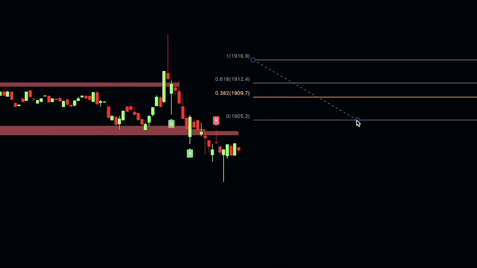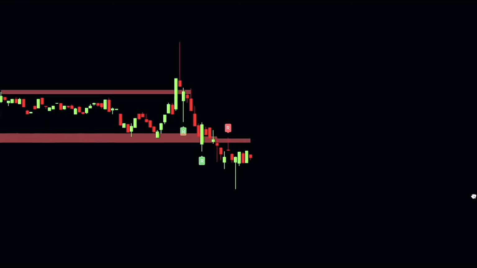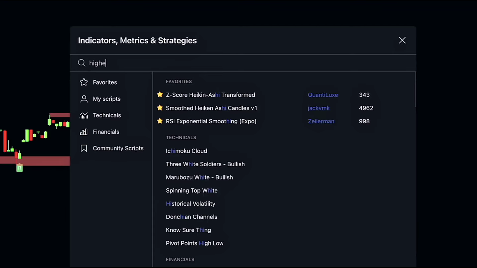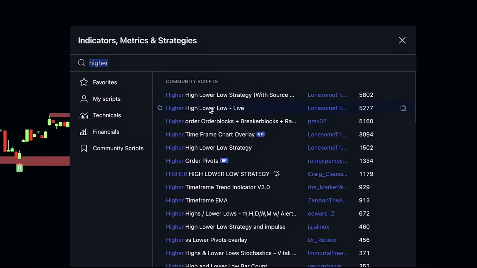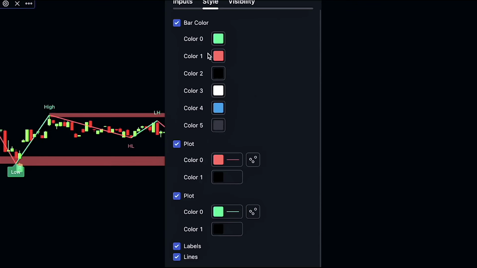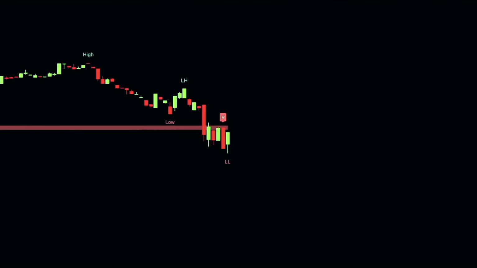Confirming signals with Fibonacci is easy. Just find the latest high and low before the signal. If you're new, try the Higher High, Lower Low indicator by LonesomeTheBlue to spot peaks and lows. Turn off its lines in the settings for clarity. When you get a sell signal, draw a Fibonacci from the latest high to the low to check if the